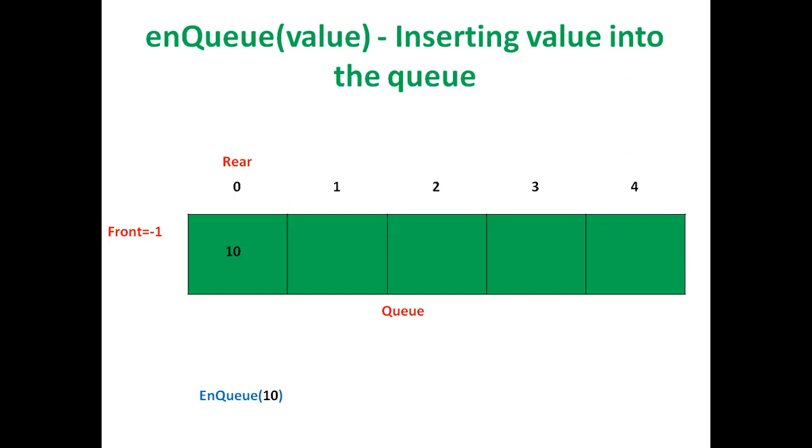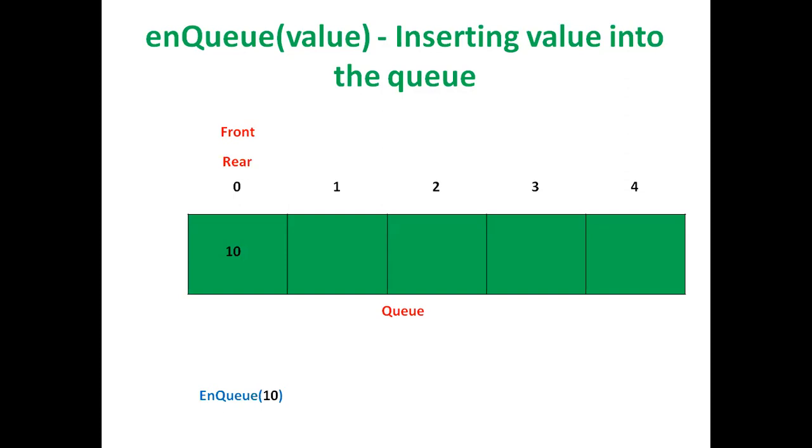But here if you observe this one, front is -1. So after inserting the 10 value, our Q array is containing only one element, means that is only first element, that is only last element, means that is the front element, that is the rear element. Now assign front also 0. Now it is valid. Front and rear both variables are indicating first element.